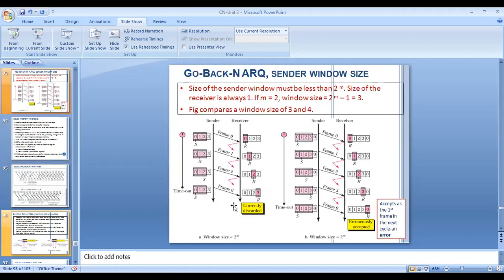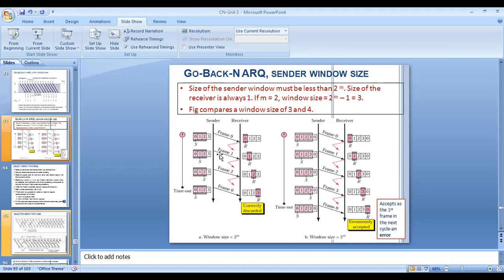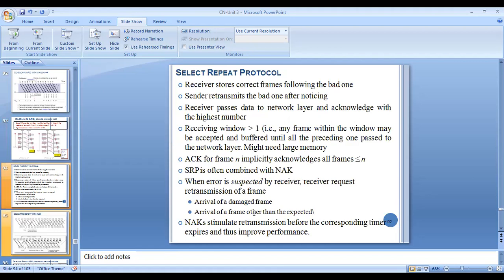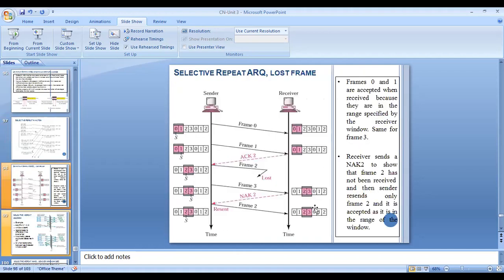These are the remaining two sliding window protocols. The first sliding window protocol is the 1-bit sliding window protocol. The remaining two protocols are the go back N protocol and the selective repeat protocol. In go back N, depending upon the window size, it transmits frame 0, frame 1, frame 2, frame 3. In selective repeat, whichever frame is lost is identified by the receiver, and only that frame is retransmitted by the sender. So with this we successfully covered unit number 3.